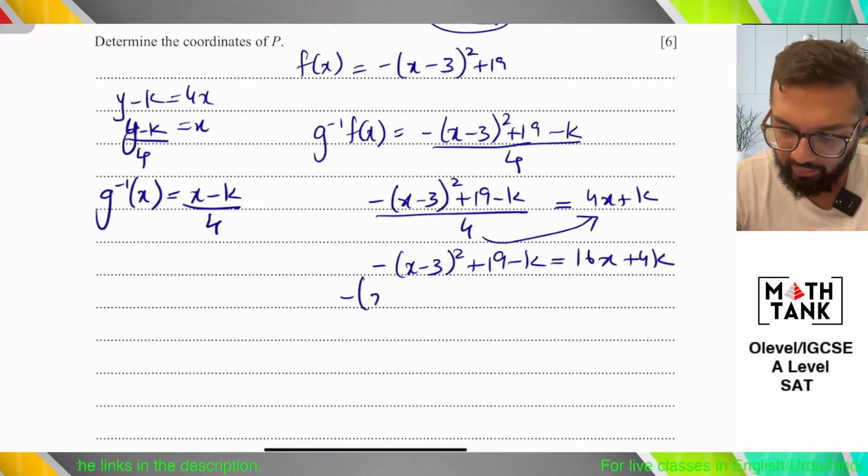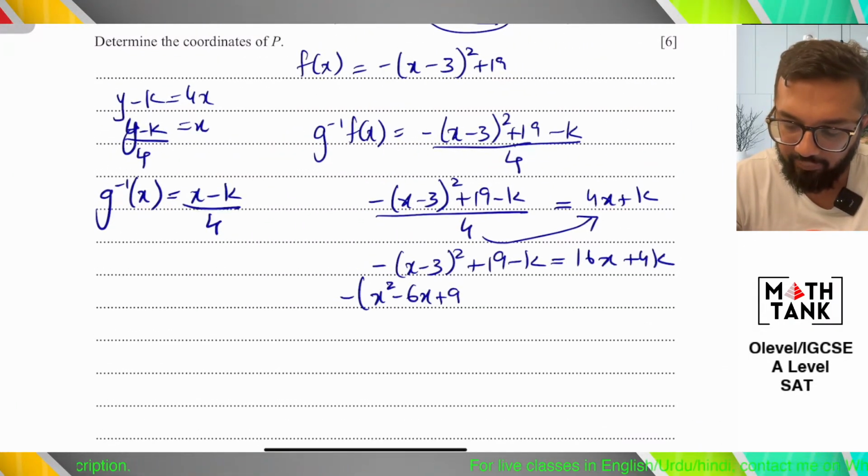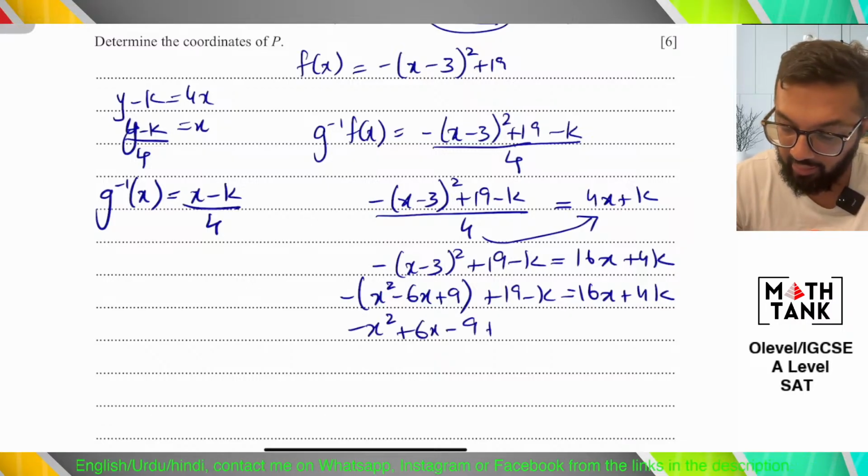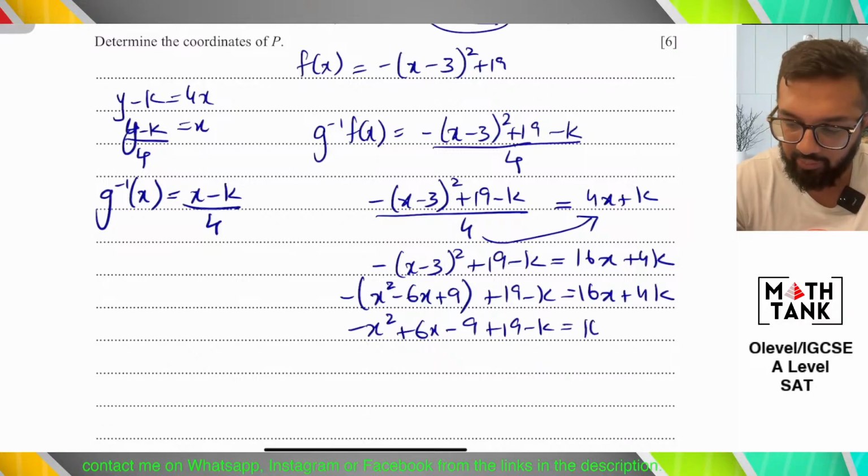This is the last question. Might take you a little bit of time at the end. The important thing is to be careful with the signs and everything. I am not sure I'm careful here, but